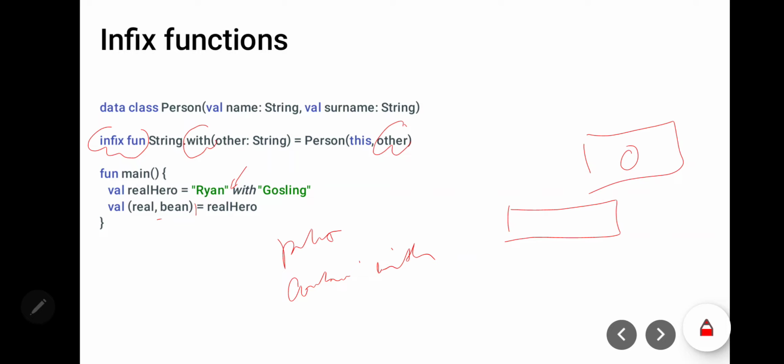What is the function for the main function? Then you can write Ryan with Gosling, it was declared before.